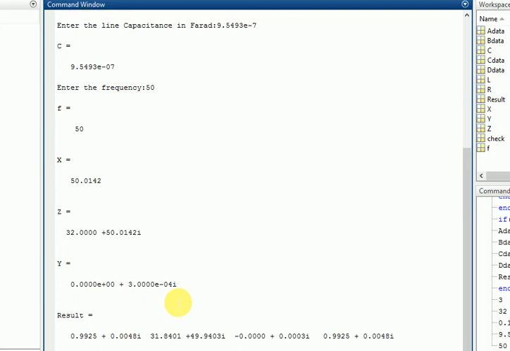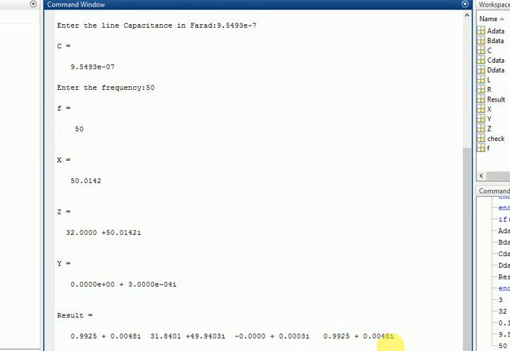So according to these values X, Y, Z, the ABCD parameters that I have calculated by this program are: the A parameter is 0.9925 plus 0.0048i, and B is 31.8401 plus 49.9403i, and the C parameter is -0.0000 plus 0.0003i, and the D parameter is